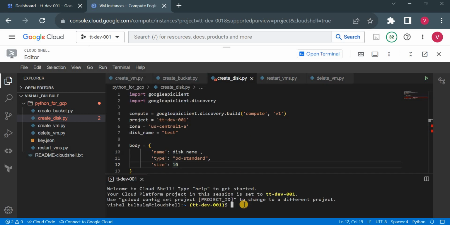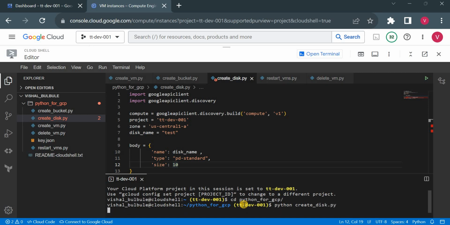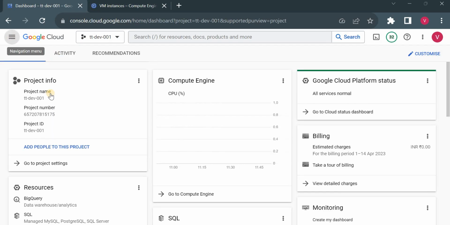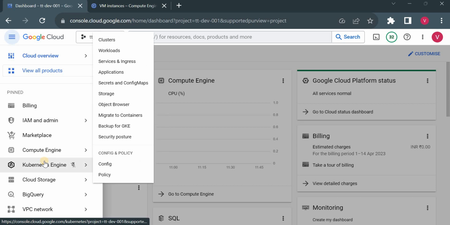So let me go to this folder and let me execute create disk.py. Okay, so what it is showing, the JSON required invalid value for the field resource type. So here the type, the PD standard, the disk type is correct, but it is not expecting this value. So why is it not expecting this value? As I said earlier, we can compare it with any existing disk value, what is the value it is getting in the equivalent